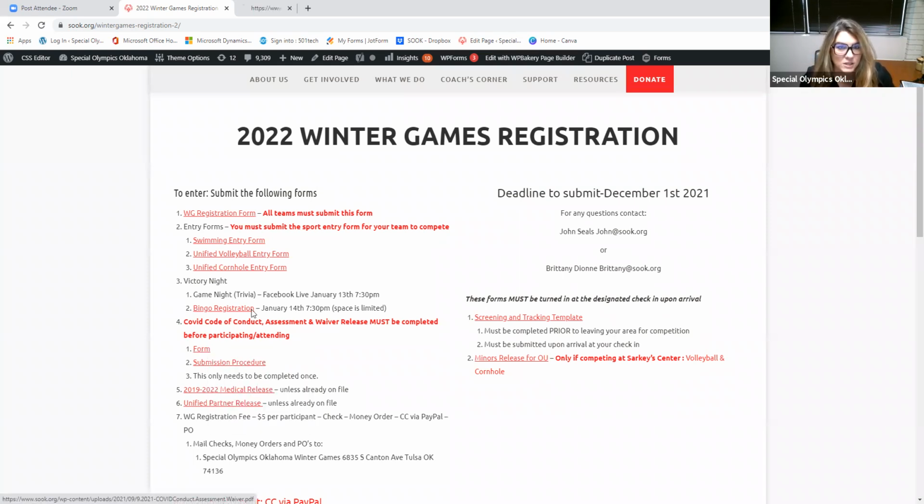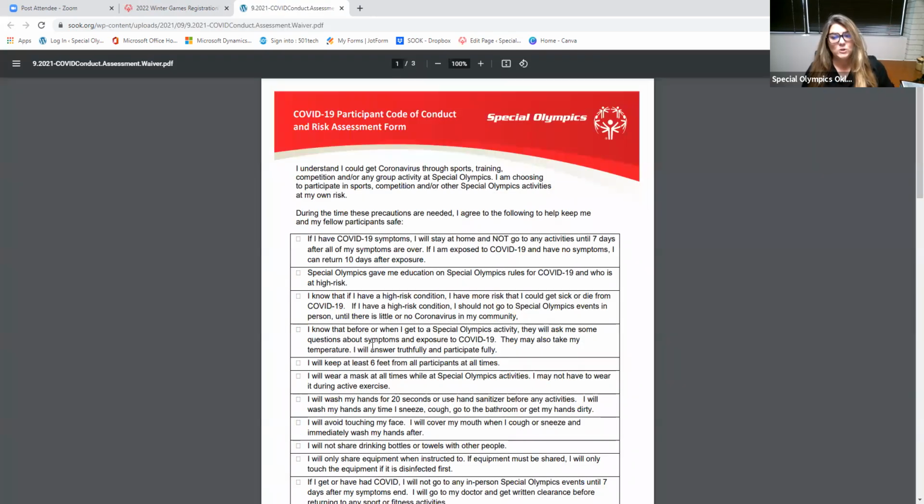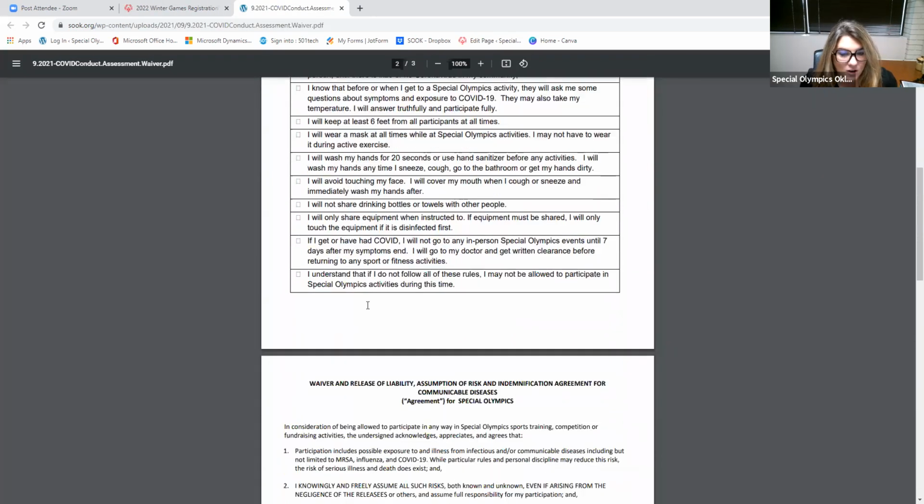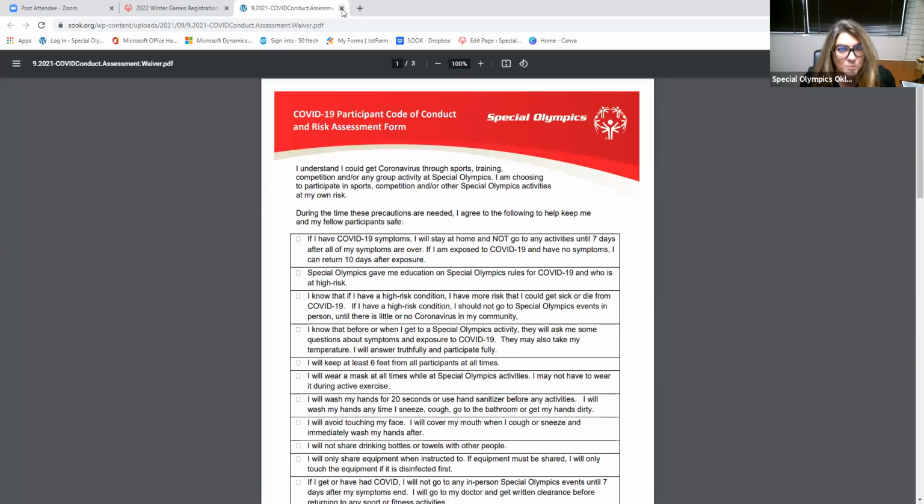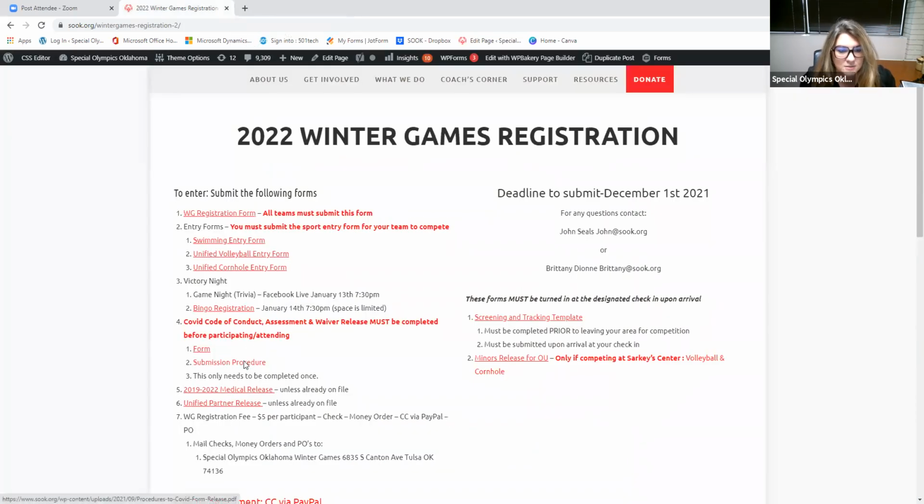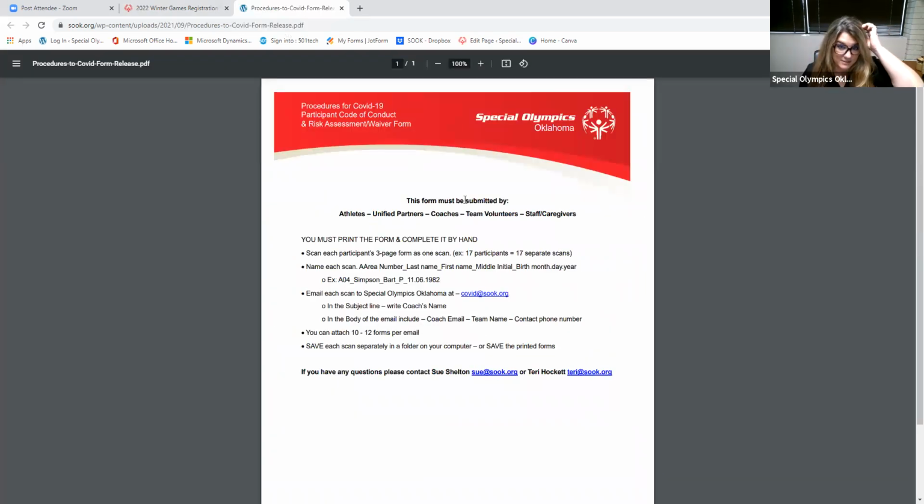But if you haven't, you click on form. This you will print off because it needs to be filled out and signed. So print it off, then you'll click submission procedure. This is how you will then submit it. It's just like the medical forms where you'll put an area number, last name, first name, middle initial, birth month, day, year. After that, you will then email it to